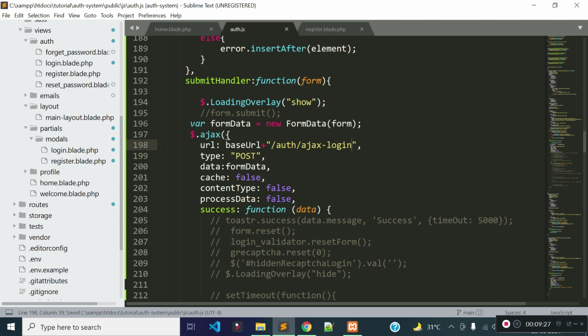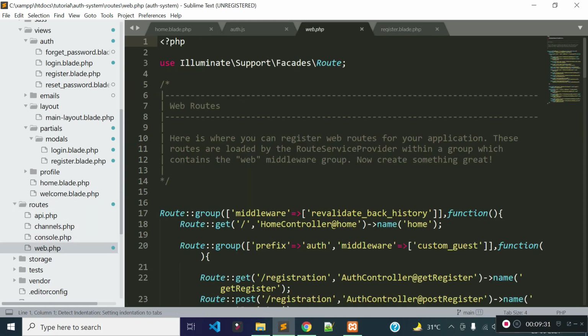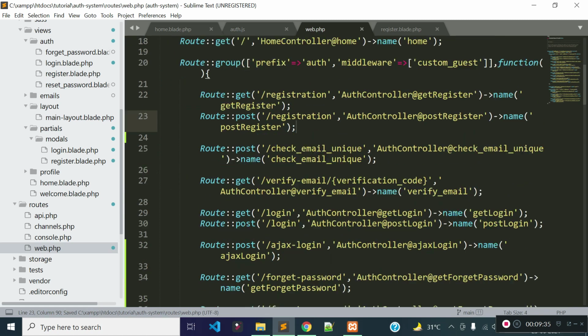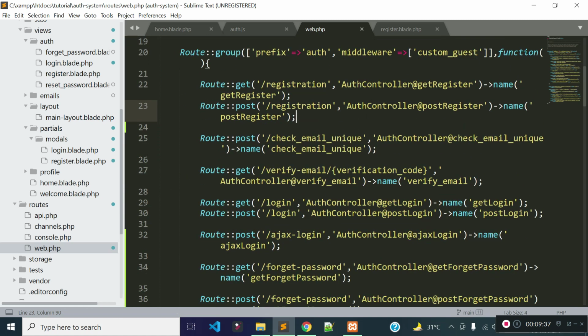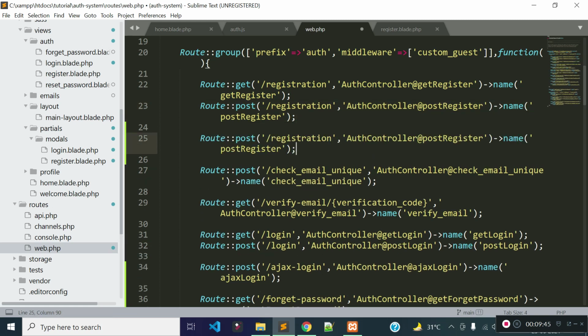So let's open our web.php file which is under the routes folder, and I will create the Ajax registration URL under this route, okay? And I will create the route under a route group of prefix auth and middleware custom guest, okay?